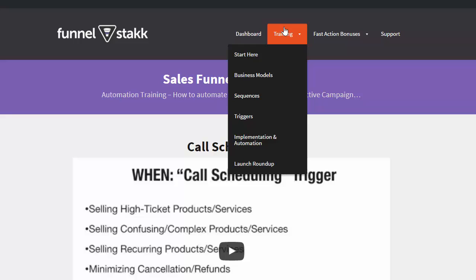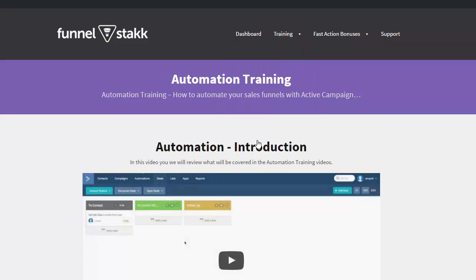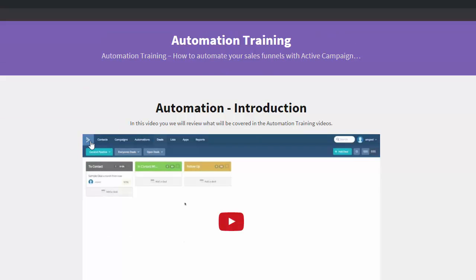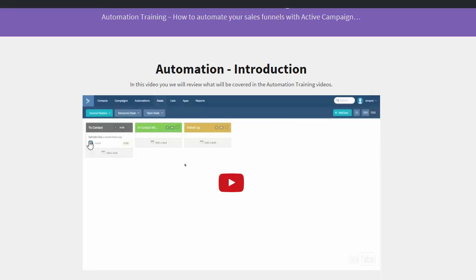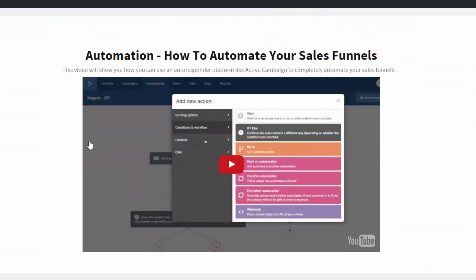Alrighty. The final one then is implementation and automation, and this then comes to my recommendation, whom it's for and whom it's not for. As you can see here, all the automation training is based around ActiveCampaign, which of course I welcome because I love ActiveCampaign. I use it and I recommend it to everyone. But it is for ActiveCampaign, and that kind of brings us to the core thing: who's it for and who's